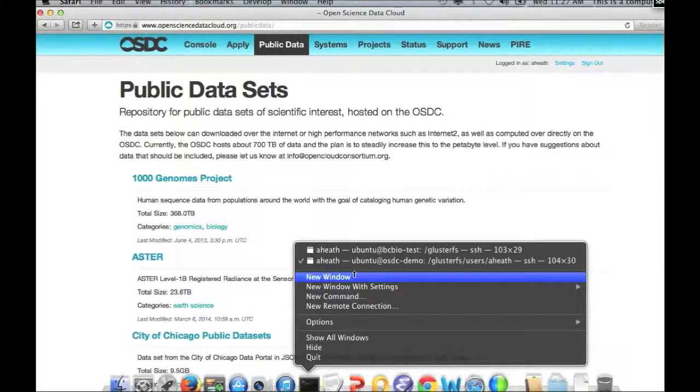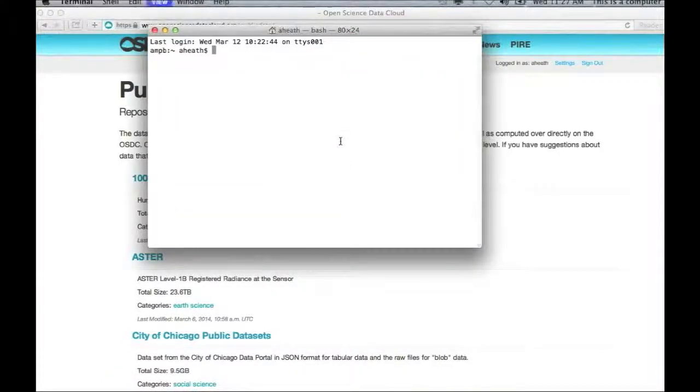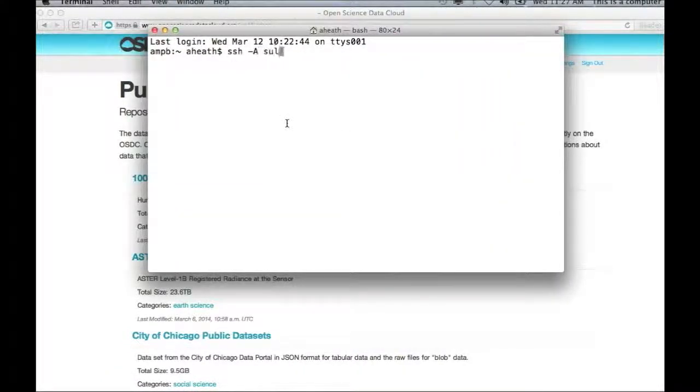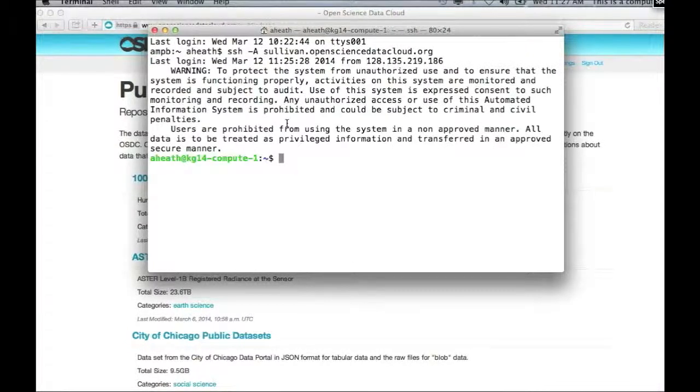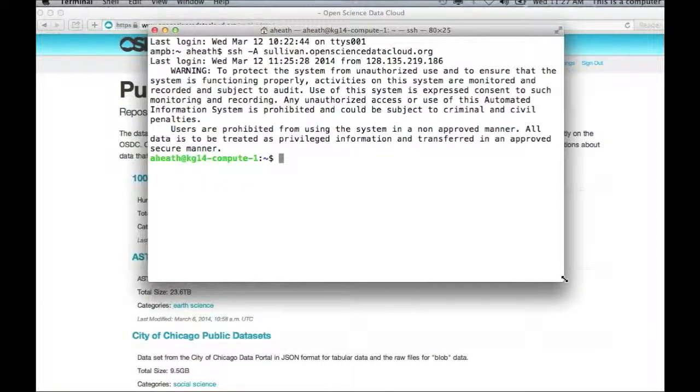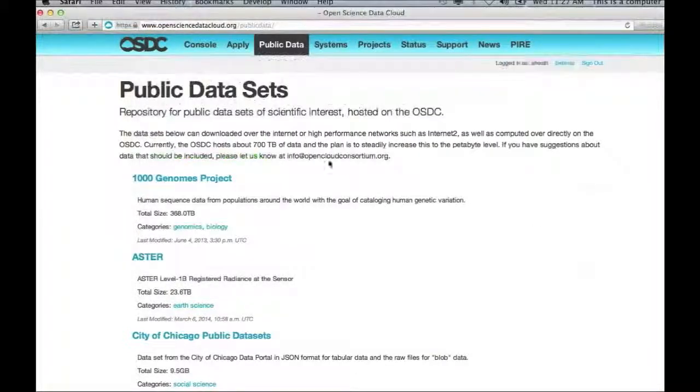So I'm going to show one quick thing that I've been working on recently. How do you actually do some sort of interesting analysis here? I was doing some work on RNA-seq data, looking at expression levels of different genes in different populations. On the OSDC, we have these data sets already. I created a VM, installed a couple of tools like TopHat and Cufflinks, used about 20 VMs, and actually that's a good point, something I forgot to mention,